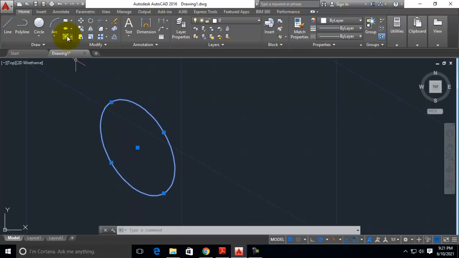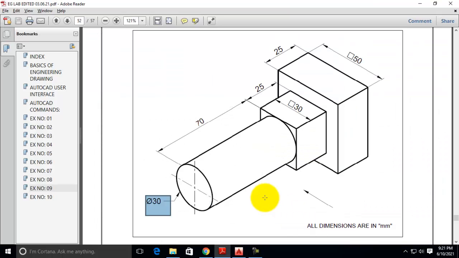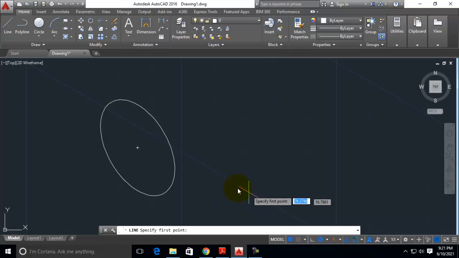Okay, now you have to use the line option. Select the line option. You can change whatever mode you want, but before that check whether you have polar tracking on. In polar tracking, select the angles as 15, 30 and 45 degrees. This diagram, this line and all has to be drawn at an angle of 30 degrees.